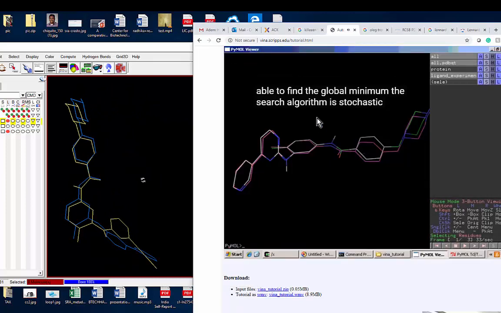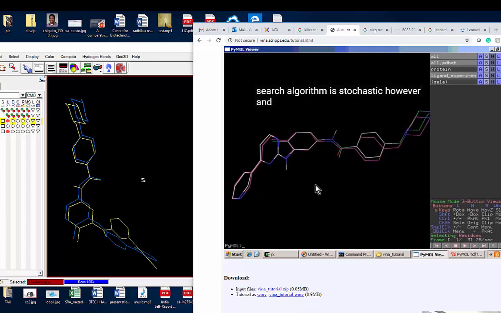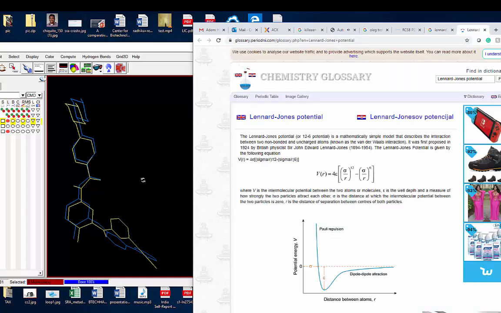The algorithm is stochastic, however, and with these settings for this input, there is some probability that it will not be able to find the global minimum. I think it's about a few percent in this case. The exhaustiveness value, as we discussed,